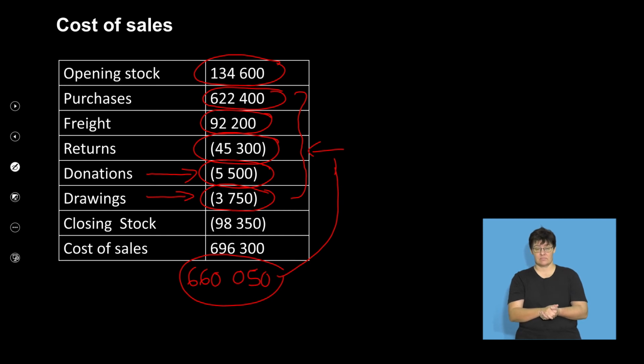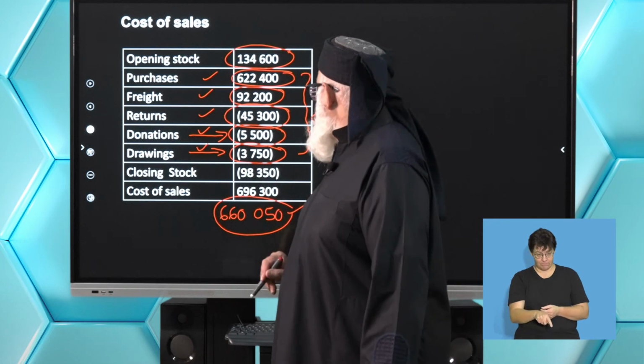The 660,050 is your net purchases figure. And what makes up net purchases? It will be your purchases, add your freight, minus your return, minus your donations, minus your drawings. So the combination of all of that should give you a figure of